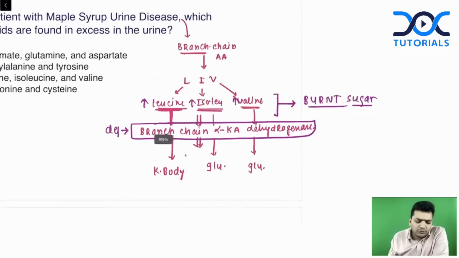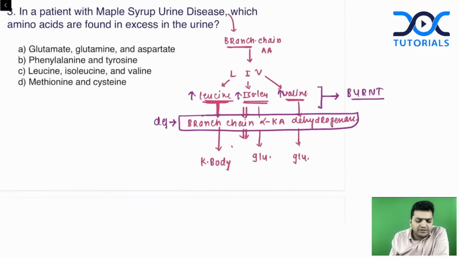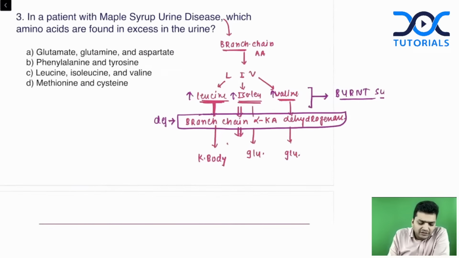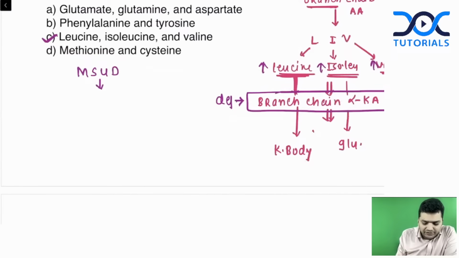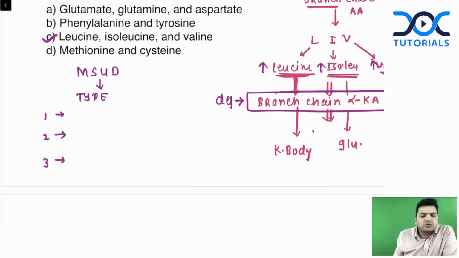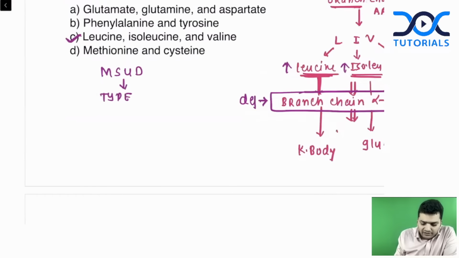So it was a simple question: in a patient with maple syrup urine disease, which amino acids will be found in excess? It's going to be the branched-chain amino acids: leucine, isoleucine, valine. But if I want to ask you a difficult question, it may be like this. Maple syrup urine disease is of three types, types 1, 2, and 3. The enzyme which is leading to maple syrup urine disease, let's write it down like this, is the branched-chain